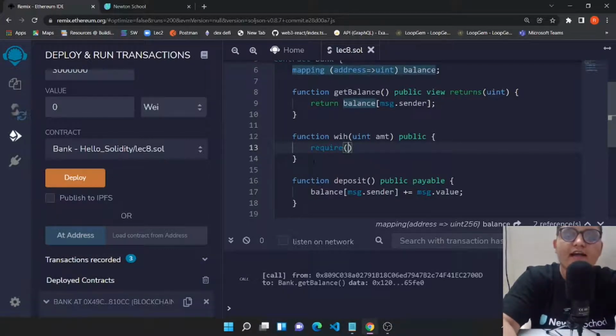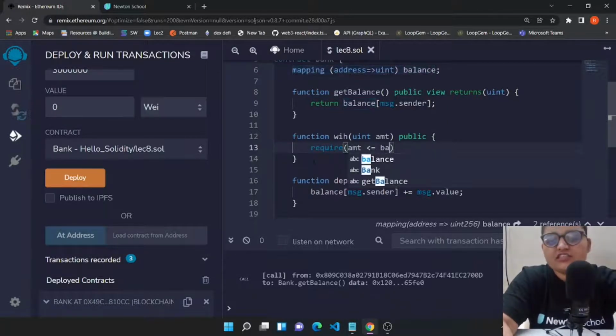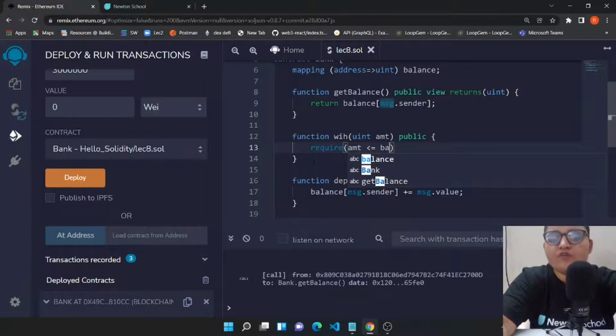I want my amount to be less than or equal to the balance of my account. We can get the balance with the help of our mapping, using msg.sender, which is the address of